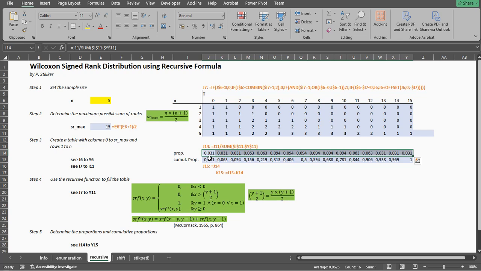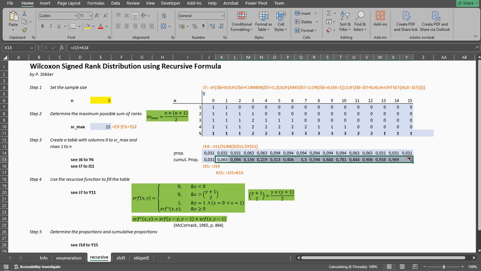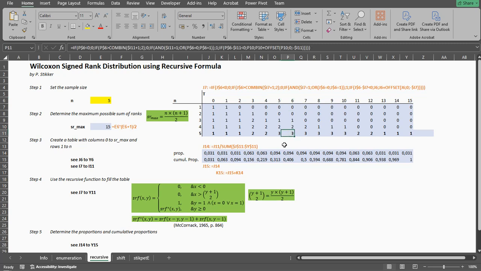We can also do the cumulative probabilities then easily. The first one is simply the same as the proportion, and then after that it's the previous cumulative proportion plus the current proportion. And then you can copy paste this one all the way to the right. So for example, if we have a sample size of 5 and we have a t-value of 6, then there are 3 different ways that we could have obtained this sum of ranks of 6. It has therefore a probability of about 9.4%, and to obtain a sum of ranks of 6 or less has a probability of about